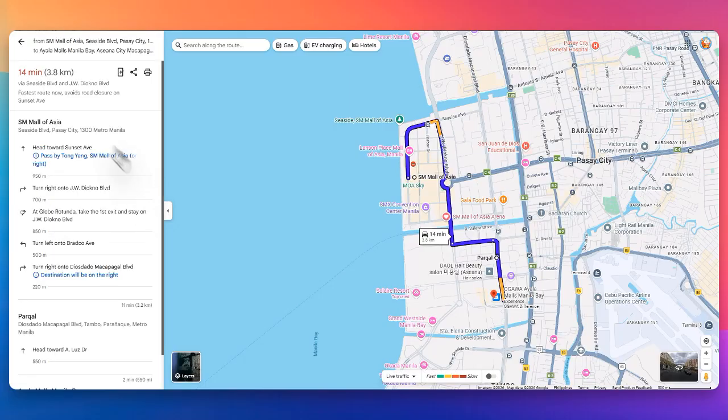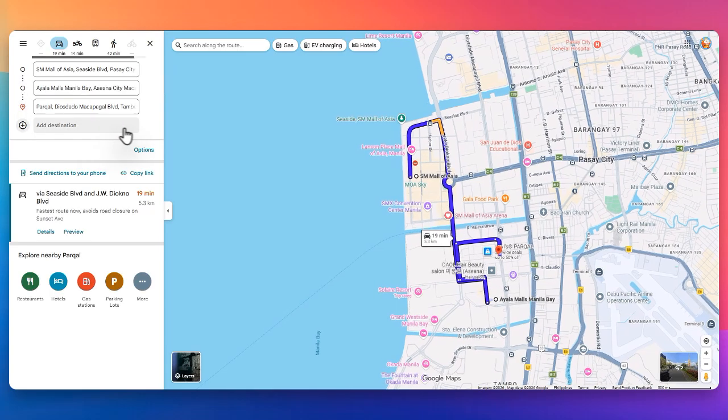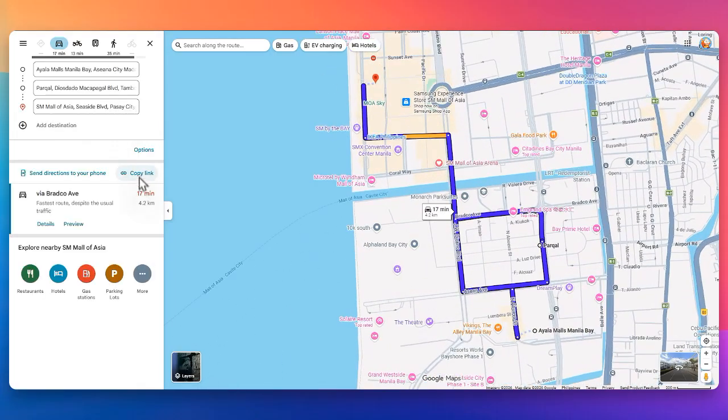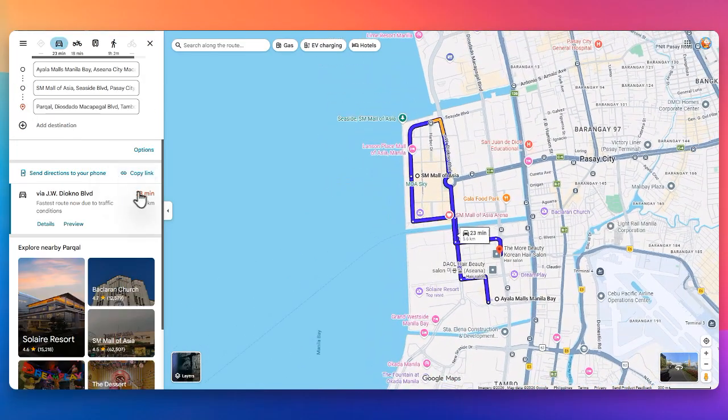This allows you to experiment with different sequences and immediately see which one produces the shortest travel time or least distance. As you adjust the order, pay attention to the total travel duration shown on the route. Even small changes in stop order can significantly reduce driving time, especially in areas with heavy traffic or complex road